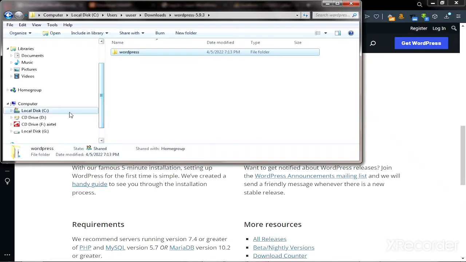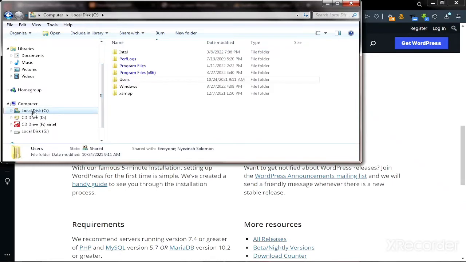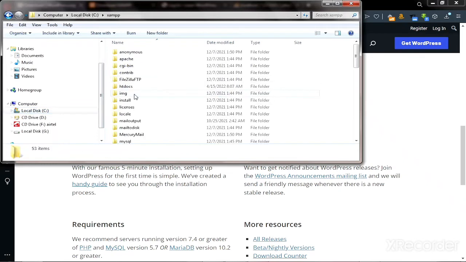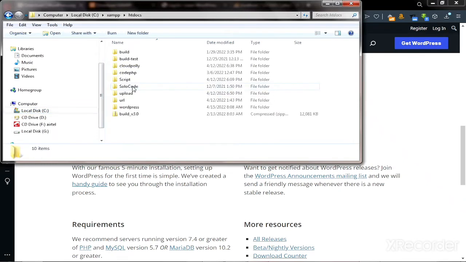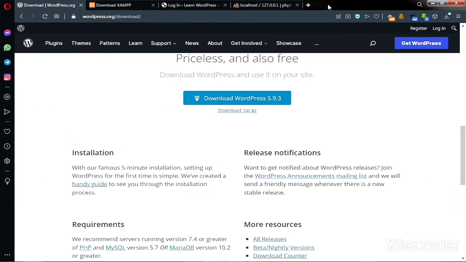where XAMPP is installed. So I'll go to local drive and go to XAMPP, go to htdocs, and then you make sure you paste it here. Okay, all right, I have it pasted already, so you just paste it here. After pasting it, the next thing we want to do is to